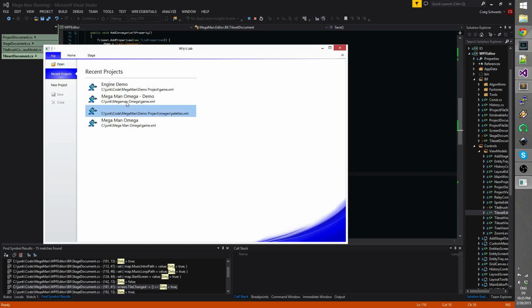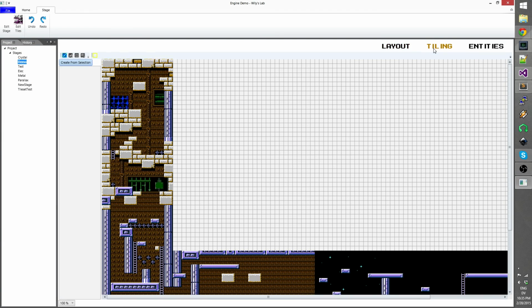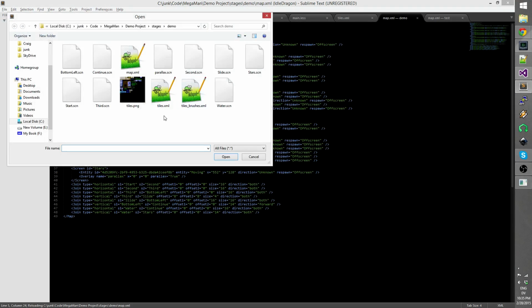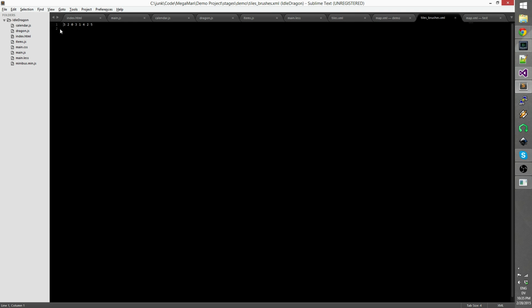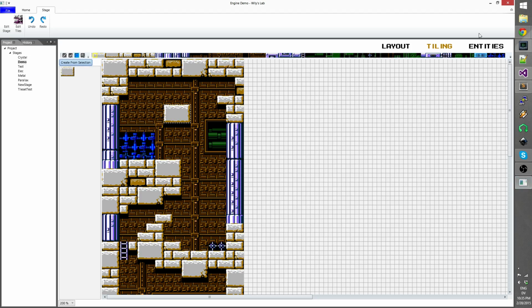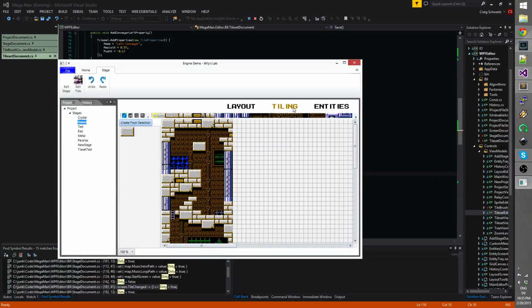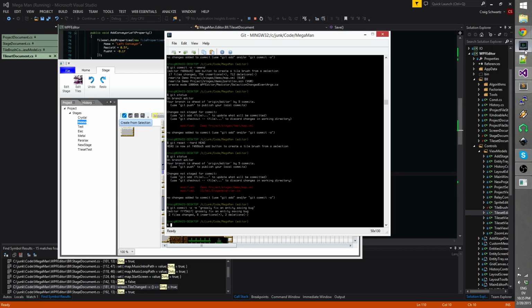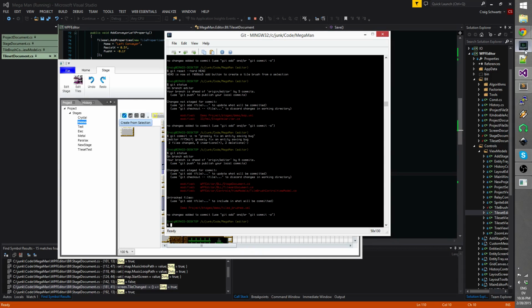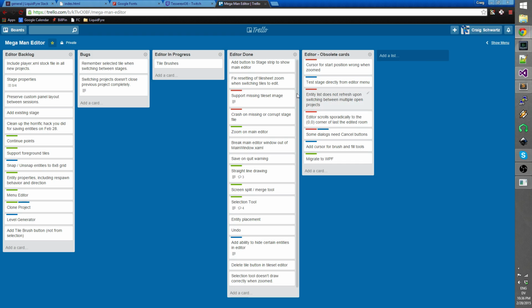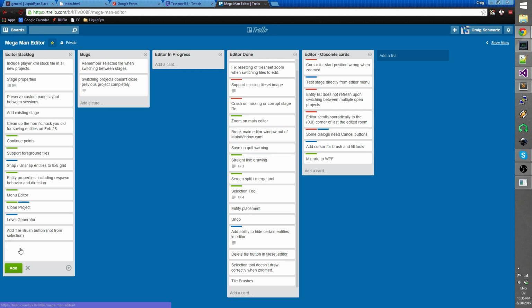Alright. Let's see if that works. So, I select this thingy, create the thing, press the shortcut to save, hope that it's saved. Hey, let's check out if it's saved by looking at the file. Demo stage tile brushes. Woohoo! That's the tile brush. That's its definition right there. So that means I close this, go back in, reload. There it is. It worked. Aha. And now I'll put that into the editor done column, finally. But I will add the task for